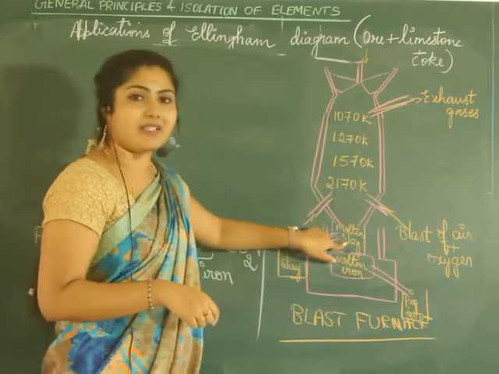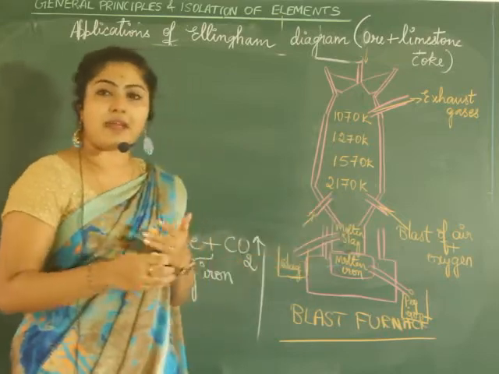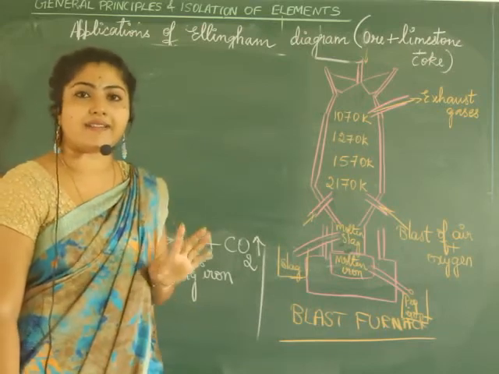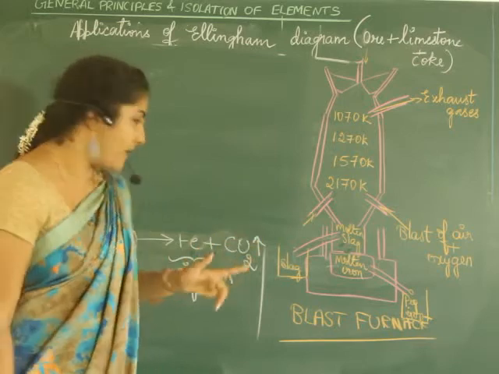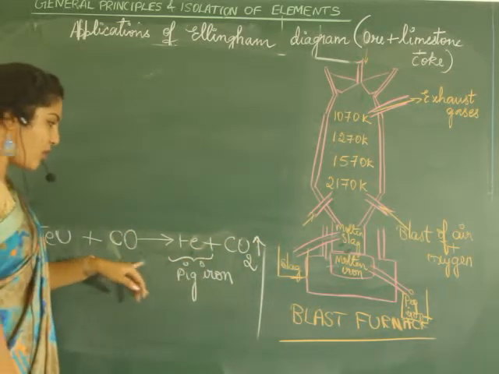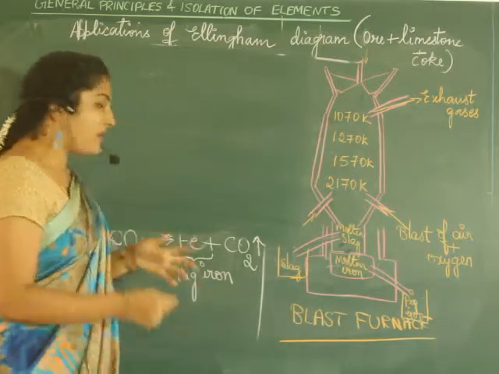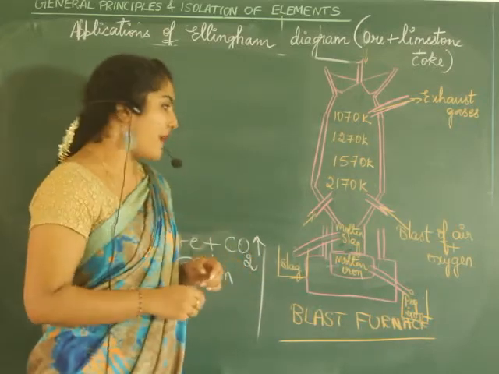So which will be the molten slag here? It will be calcium silicate that is formed. And then carbon combines with oxygen to form carbon dioxide. So coke there acts as reducing agent. It removes the oxygen part from it. And then the remaining FeO further reacts with carbon monoxide to form pig iron with the liberation of carbon dioxide. Till here we need to explain for the extraction of iron, about reaction I mean to say.